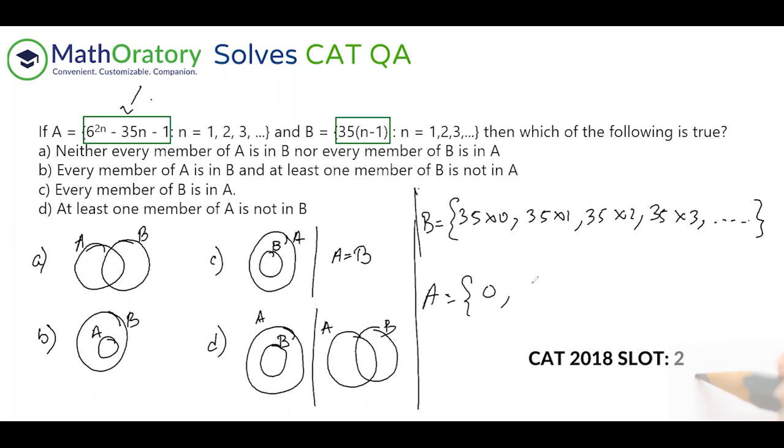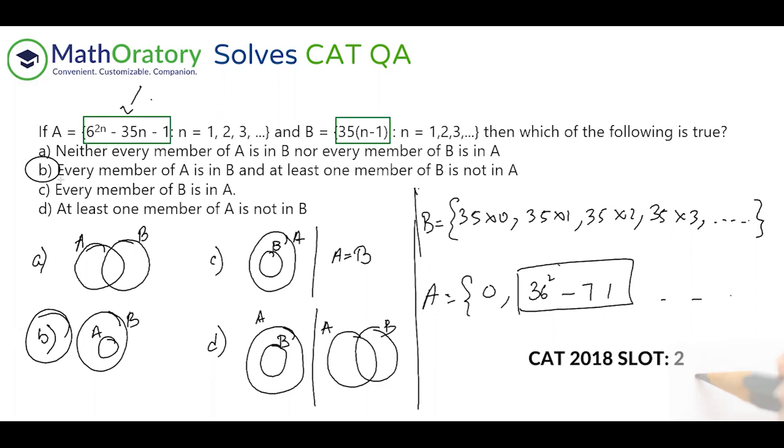It is something like 36 square, 6 to the power 4. So that is 36 square minus 35 into 2, so minus 70 and 1, so minus 71. I hope you can see that this itself is bigger than all of these numbers, right? So obviously we are skipping a lot of multiples of 35 and then we are getting this number. So we are skipping a lot of numbers, but all the numbers will definitely be part of B because every number is a multiple of 35. We already know that. So effectively A has to be a subset of B. So that is option B. So this gives us the answer, option B.